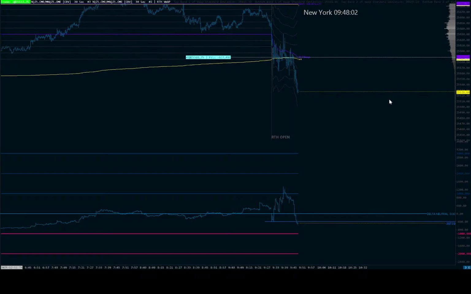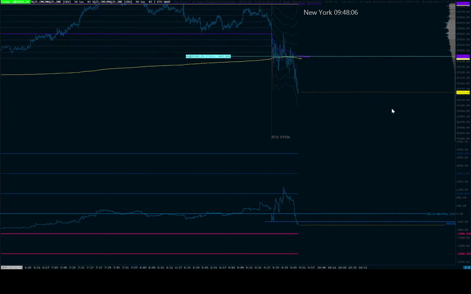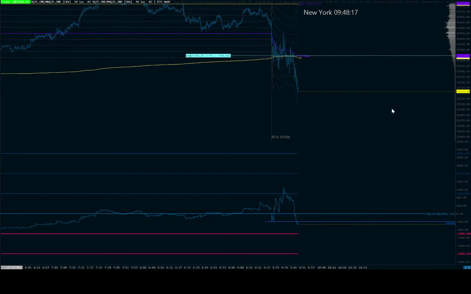I've never said, and I never will say, that using the delta is the only way to trade. You can absolutely be profitable without using delta, just by focusing on good trade location. But it's just how my trading has evolved over time, and it's perhaps not the easiest thing for folks to understand. So